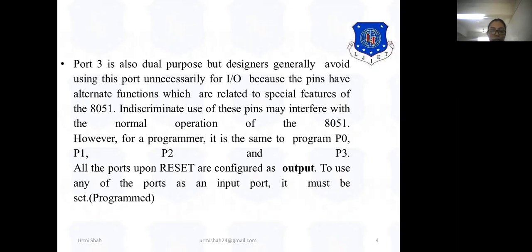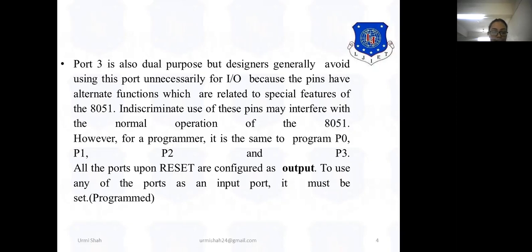And if you want to use your port as an input port, you have to set that specific port. While you are writing your code, you will reset all the pins. Reset all the pins means you are giving 0 to all the pins to make that port treat as an output port. And if you are using that as an input port, then you have to set all the pins to 1, logic 1.